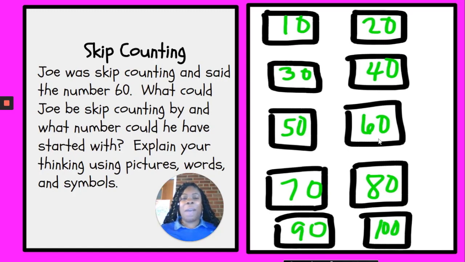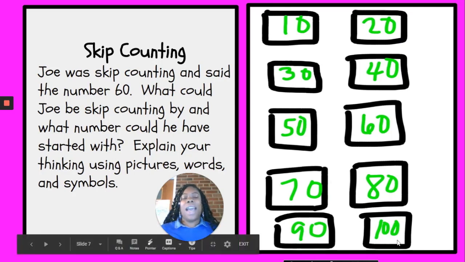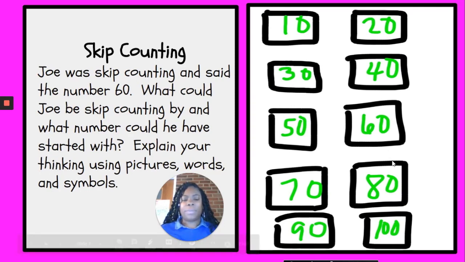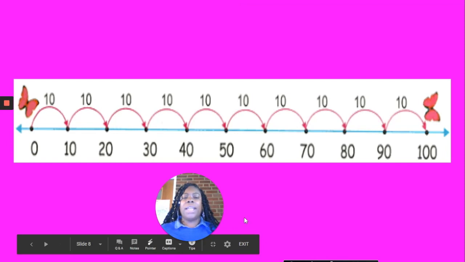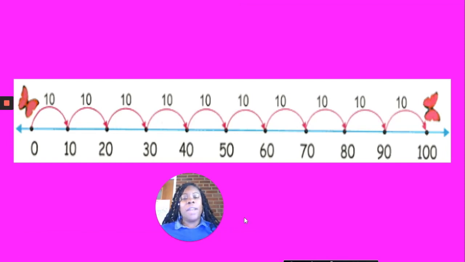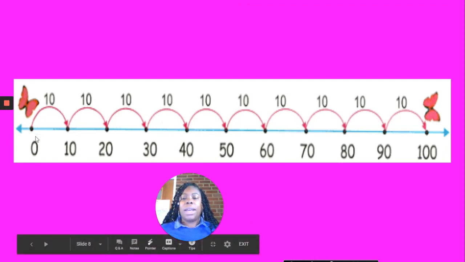So this one, I'm not going to say 50 because that would be really easy. 50, you're only 10 away from 60. I chose to start at 100 and work backwards to get to 60, especially since I want to practice counting backwards more often. My last picture is a number line, and this is another way to count, but this one